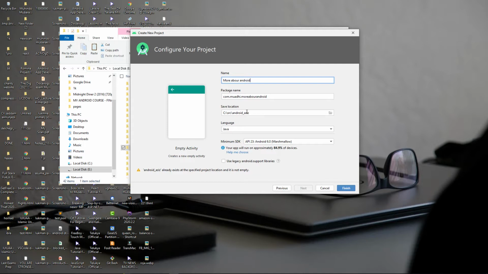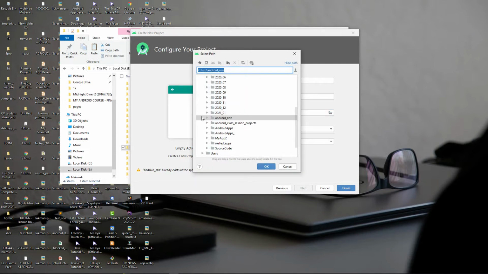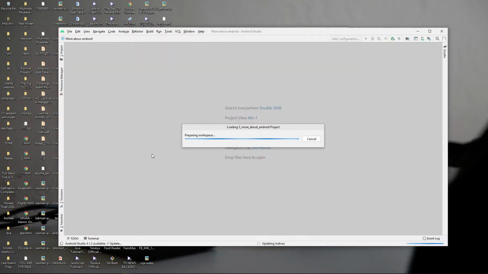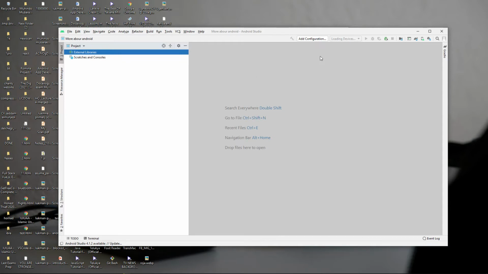So here I can come and put a folder. This one was number 2. So this one I can make it number 3. Number 3 underscore About Android. So Android will create for us this folder, and then I'll say okay, finish, and then to start preparing for us the project. So as it is preparing,